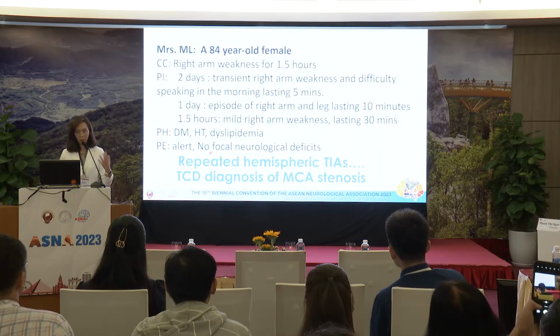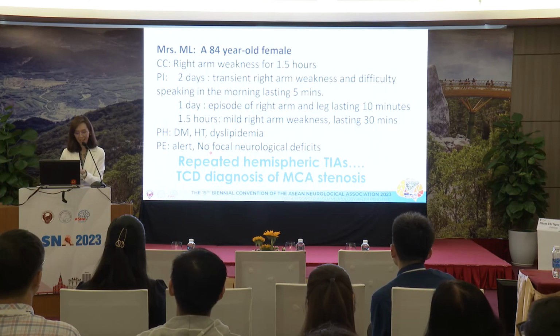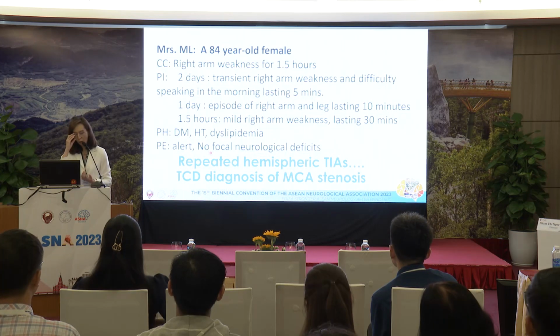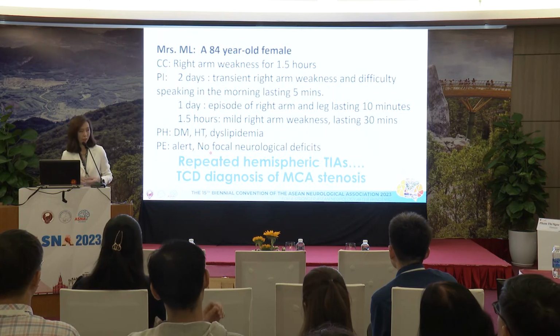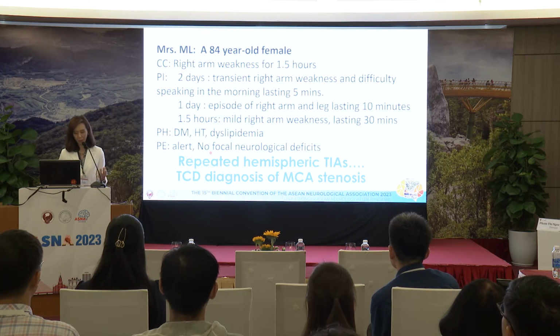And as Romani said, if we find that this patient is having stenosis and it's causing the TIA, we should treat them differently. We should put the patient on dual antiplatelet therapy for at least 3 months, and then high dose statin, and try to prevent the TIA from happening again. If it happens again, despite all those treatments, we may have to think about stenting.